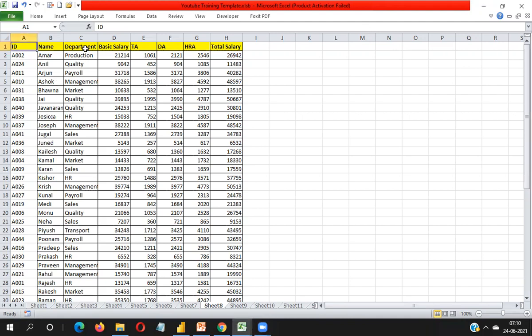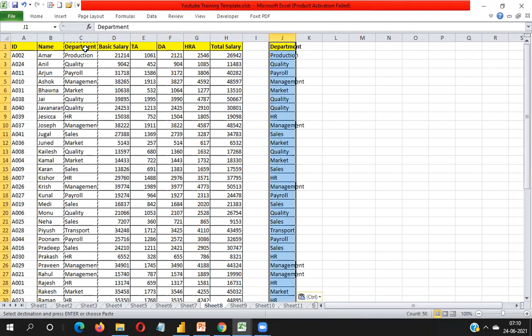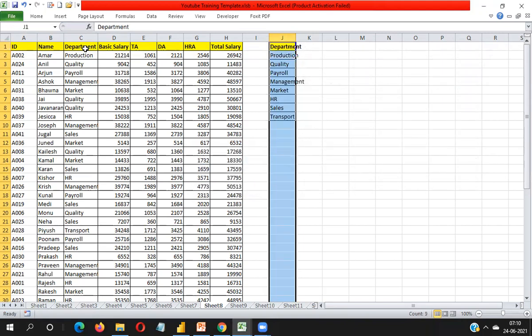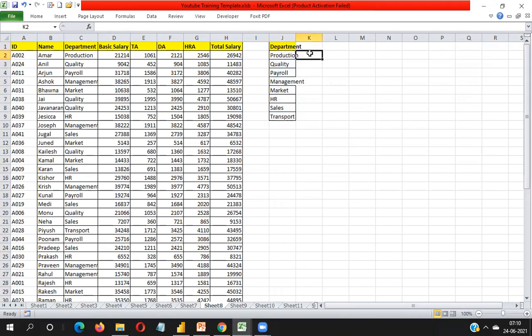Here you will get data on the basis of department: how many people are working in each department whose salary is more than 30,000. Just like this, you will get the output of COUNTIFS.